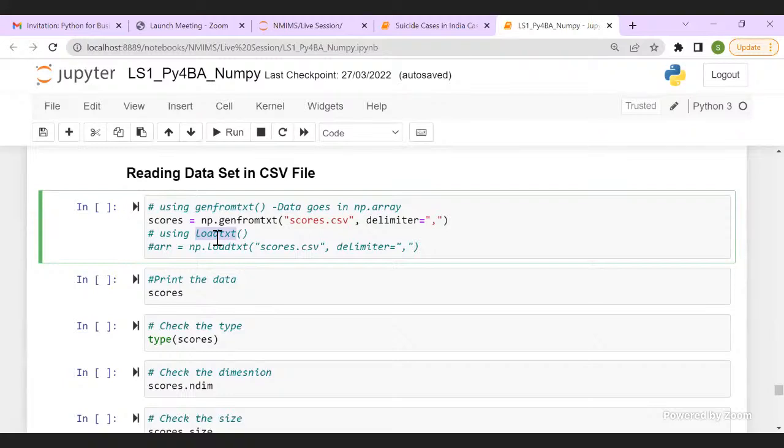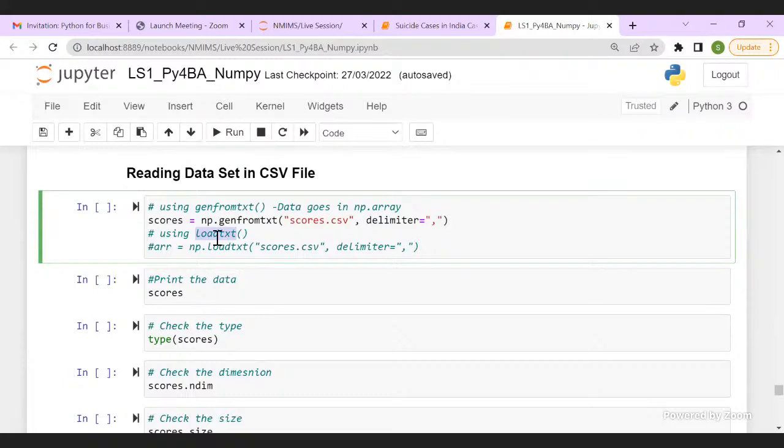But since I was asked to do a case study, so you have an idea how the arrays are implemented, I'm doing it here with Numpy, so you have a better idea. But usually you will load your data set in the data frame of Pandas, not in the arrays of Numpy. Now, what are the advantages and disadvantages of using genfromtxt and loadtxt?